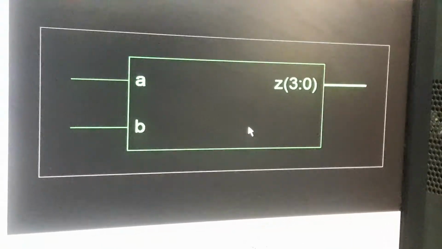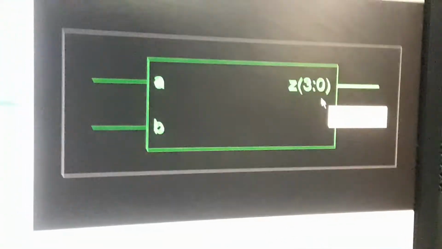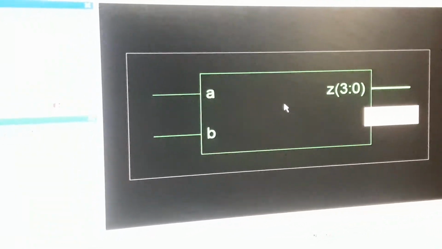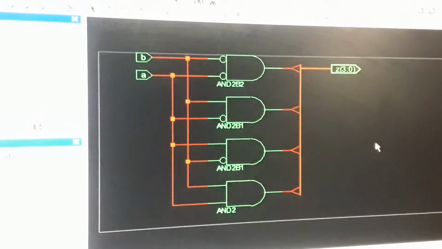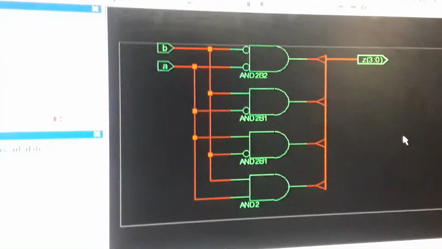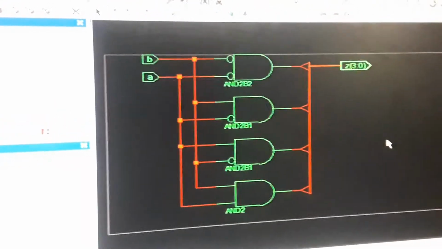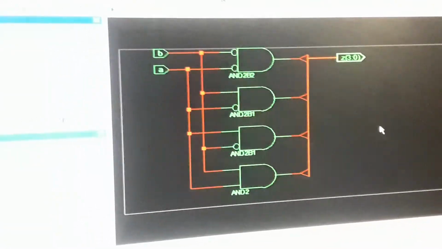This block diagram has 2 inputs and 4 outputs. If you want to see the logical diagram, you should double click on this block diagram. We will get the 2 to 4 decoder circuit using NAND gates. This should be your circuit. This circuit is generated with the help of the code. So this is one step.